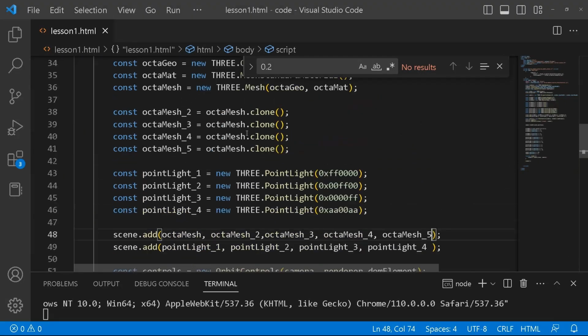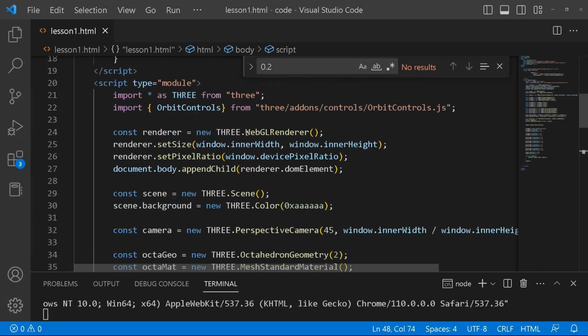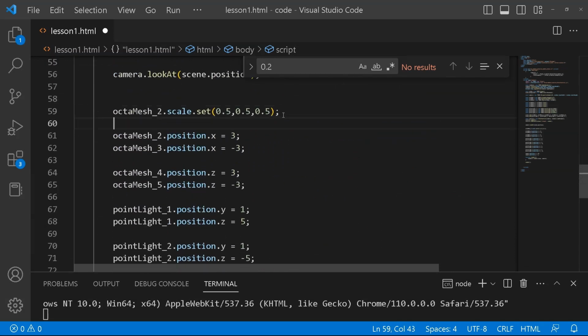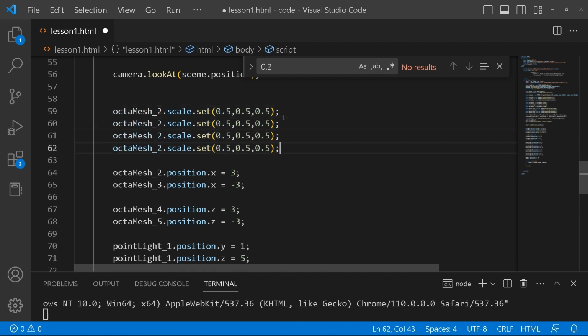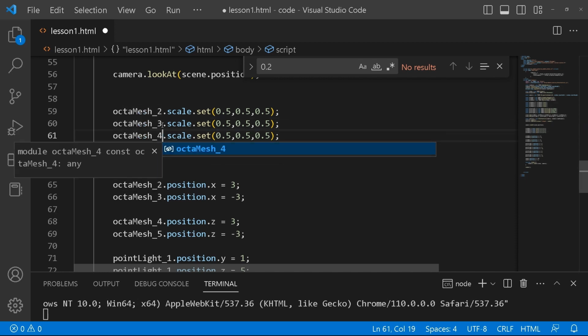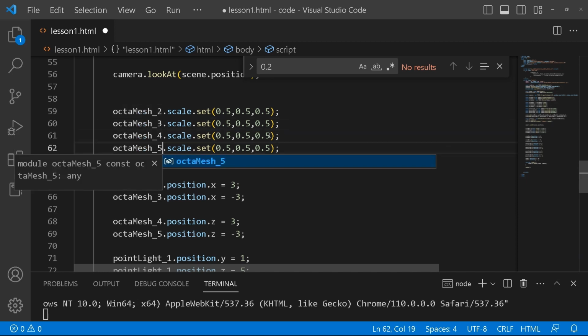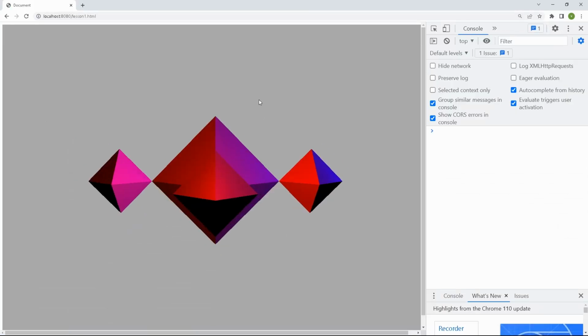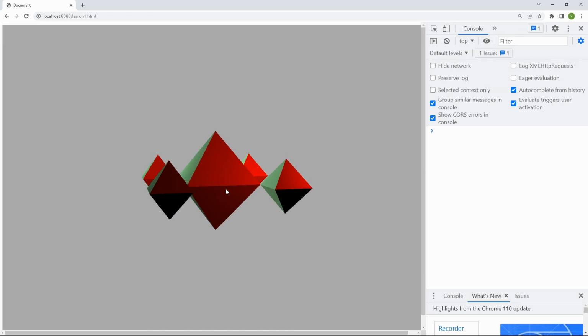Also scaling for all of them as well. So I can just separate these: 2, 3, 4, and then 5. Okay, so there we go. So now we've got our little